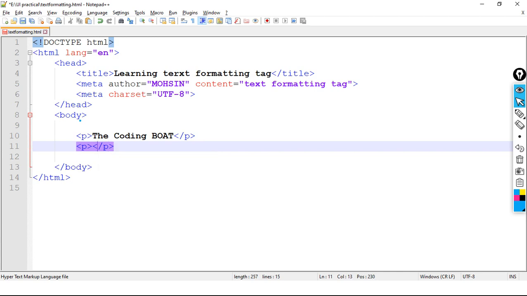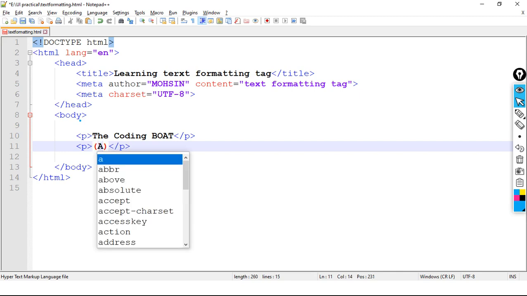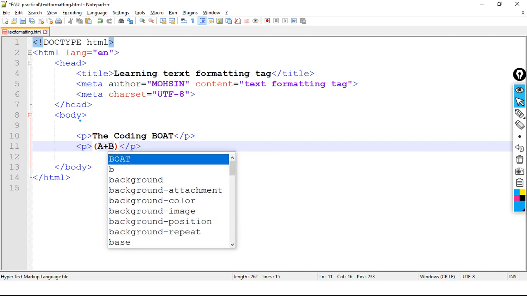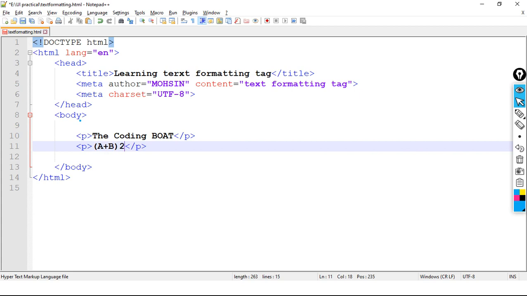Suppose I want to write (a plus b) whole square. Here a plus b, and the square I need to write. Let's check what will happen now.